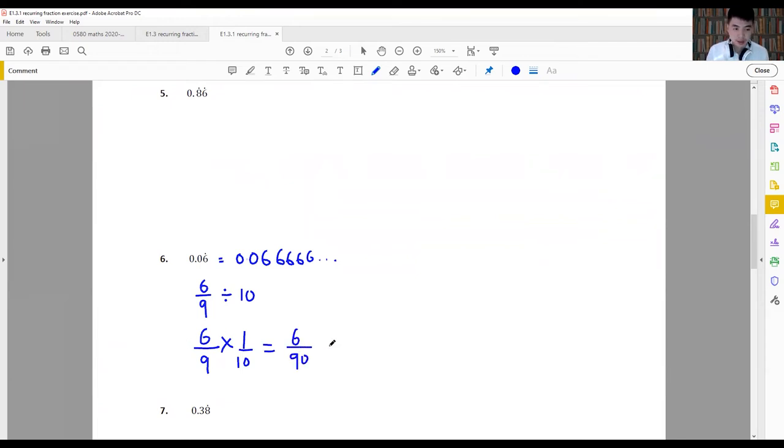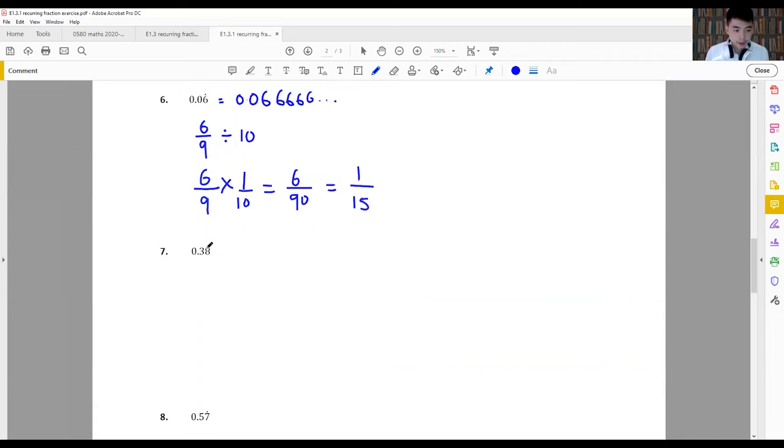6/90 can then be further simplified into 1/15 because they can both be divided by 6, right? So 1 over 15 as a fraction is the recurring decimal of 0.06. You can always try and double check your answer with your calculator to see if you get the exact answer as provided by the question. Okay. Now, another example,